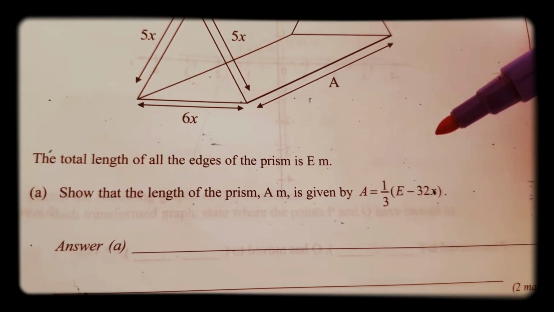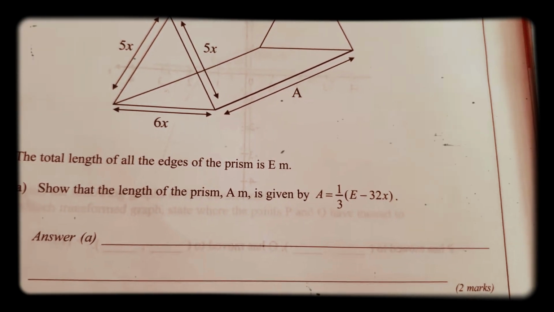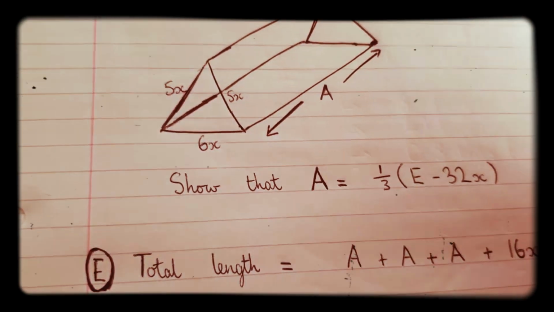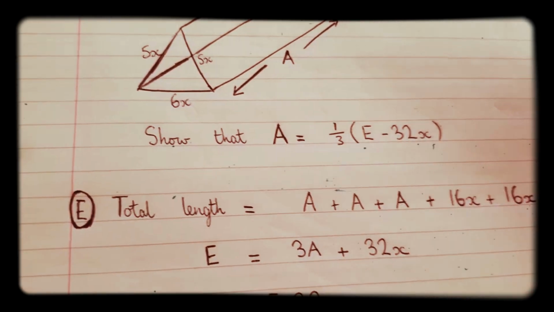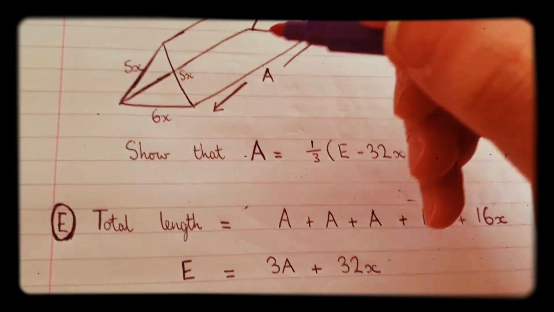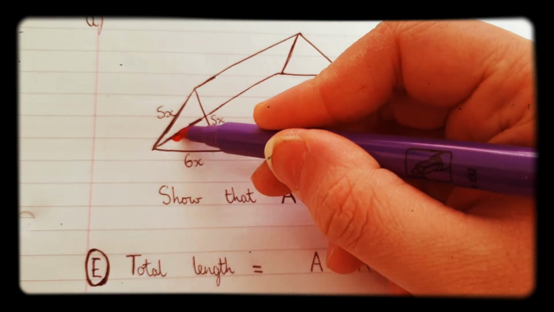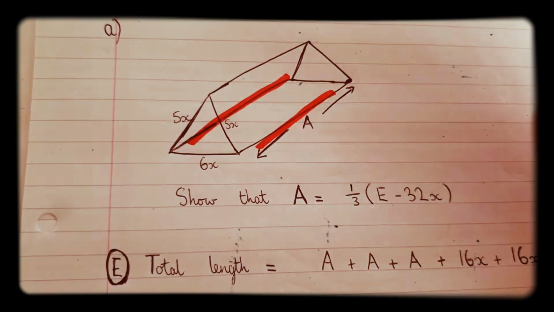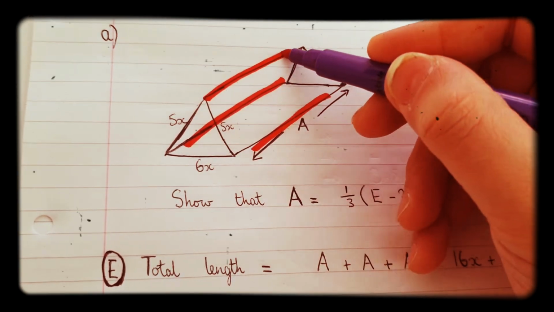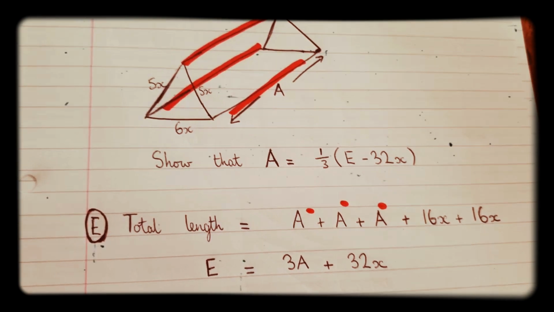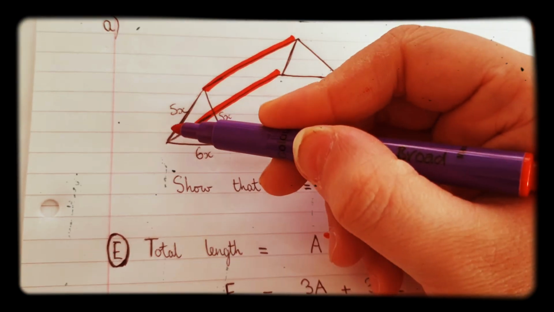Okay. So the way we do this, first of all, quick sketch I've drawn here. We've got to figure out what the total length means. So the total length is this A plus that A, plus this A up here. So we have 3 A's, and then plus these lengths here,